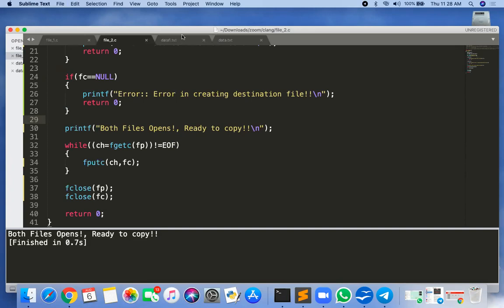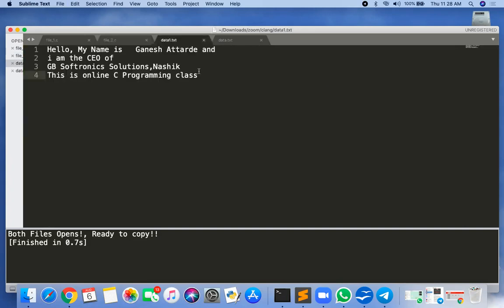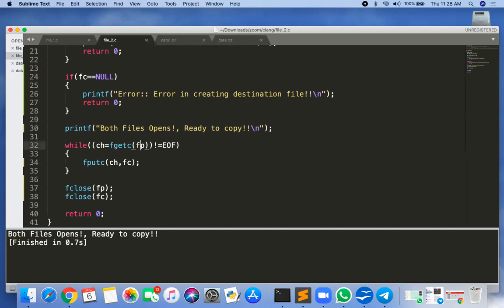When I run the program, you can see data1.txt now becomes the new data. Actually, the new data is not added. Firstly, all the previous data gets erased, and then the content of data.txt gets copied into data1.txt. Yes, are you getting the point? Yes, sir. Okay.